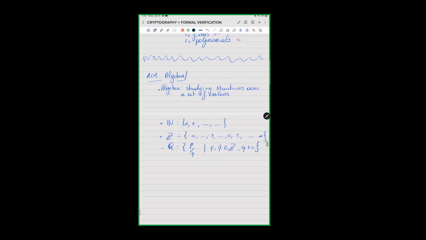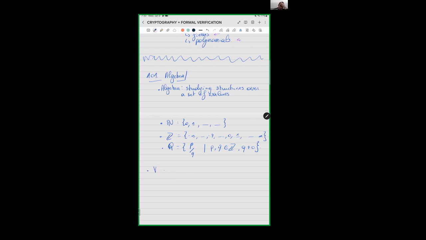You can have a set, like if you take the set S with 0, 1, 2. What we're going to do is try to add a certain structure on top of it, and try to have some properties using these relations. So we're going to start first with some notations.